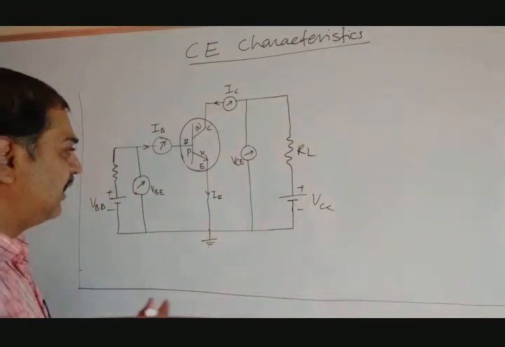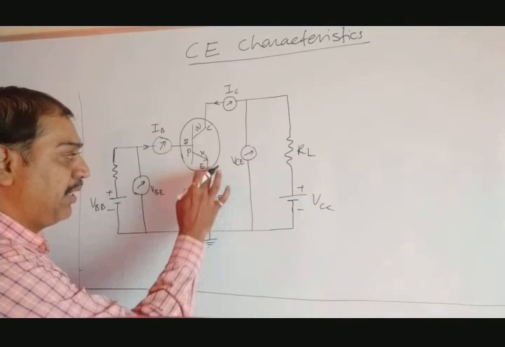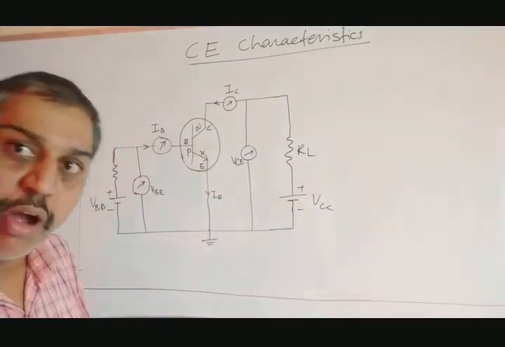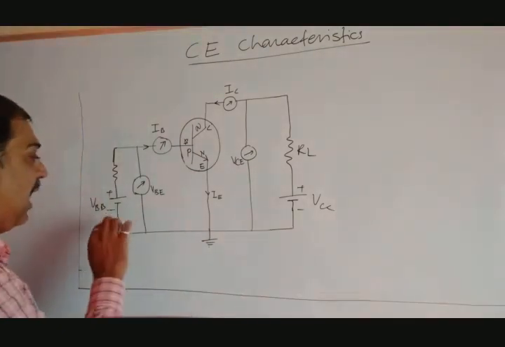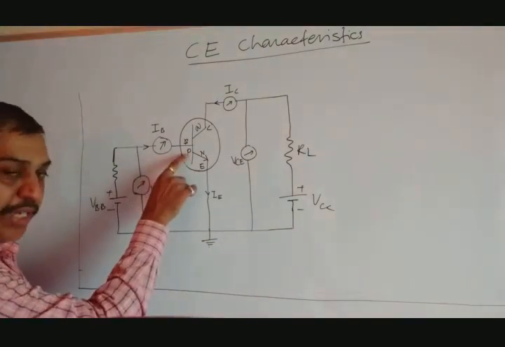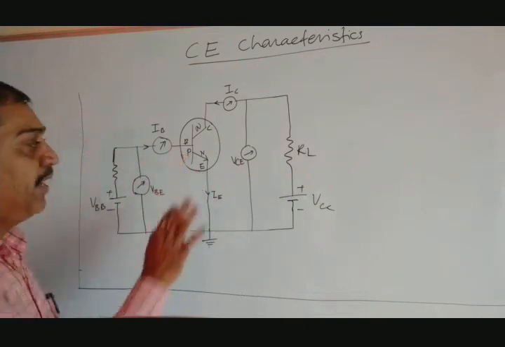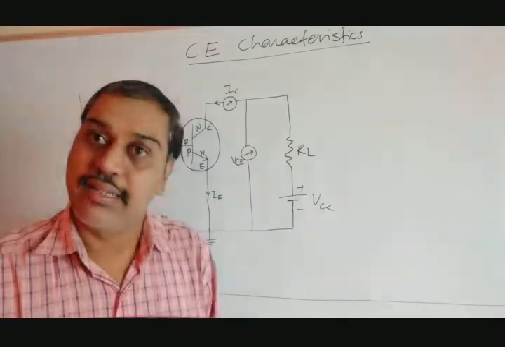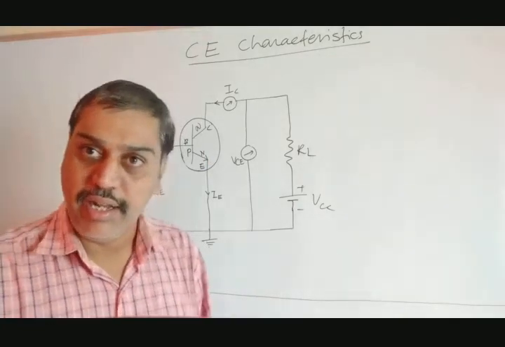In this case the emitter is common to the input and output also. That's why it is said to be the common emitter mode of the transistor. Now we know the positive of the battery is connected to the P region and the negative of the battery to the N region, so the input junction, that is the emitter-base junction, is forward biased. At the same time, the output junction must be reverse biased so that it works in the active region.